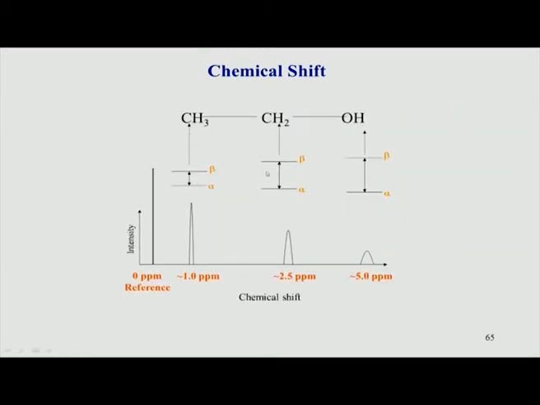So, if you look at this structure now, CH3 CH2OH, this is ethanol, a standard compound. What happens is the shielding for this nucleus, that is this proton here, is slightly different from the shielding caused by the electrons around this hydrogen, and which is again different from the shielding caused around the nucleus of this hydrogen. Why the shielding differs from here to here and there, those factors we will look at shortly.